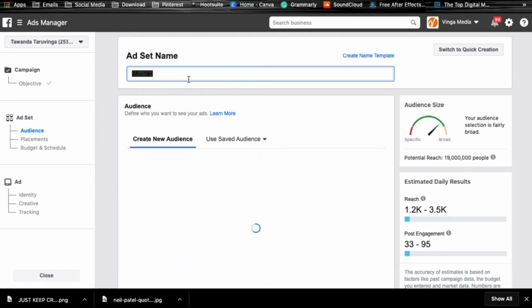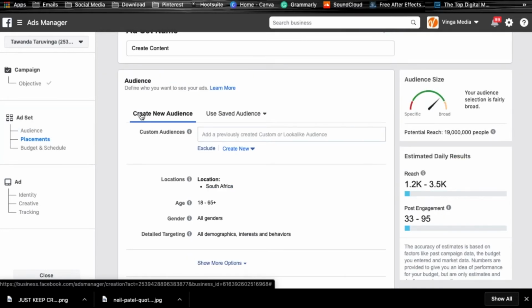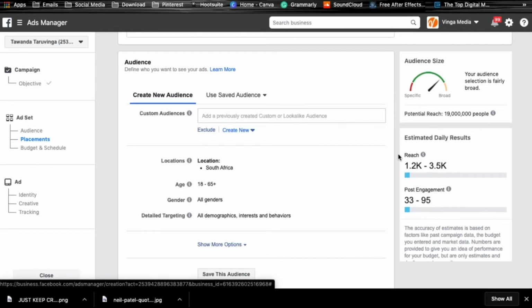And then we're going to just change this ad set name to say create content. All right, so we're going to create this audience from scratch together. I've got a couple of saved audiences, but I'm not going to use them because we are doing this together from start to finish. Now, when you're creating your audience, you need to understand and know who your target audience